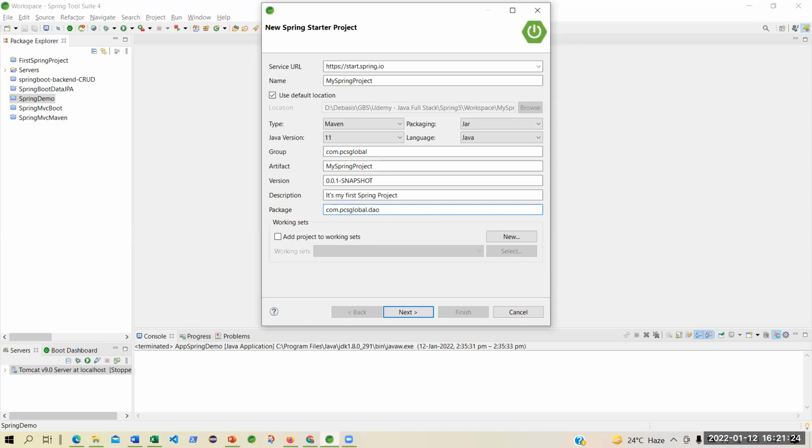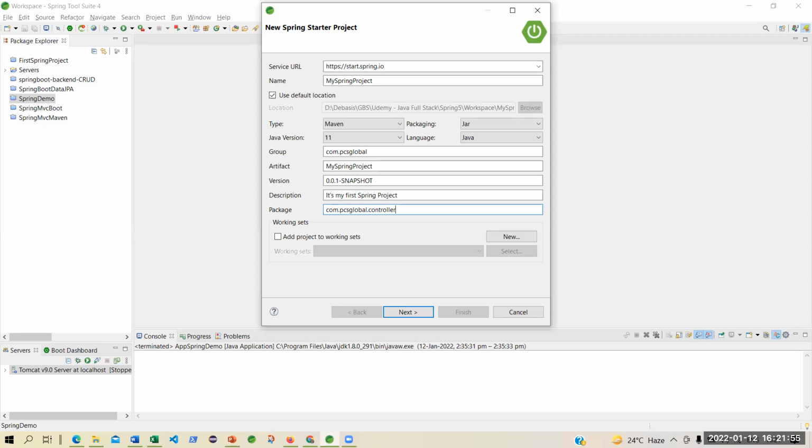So in this DAO, which is the data access objects, I will keep all my DAO layer, the classes or whatever, the repository layer. Then I could have something like controller, where I will keep all my REST APIs or the main business logic or the controller servlet files or the main Java files, which actually has the business logic, which is the controller.